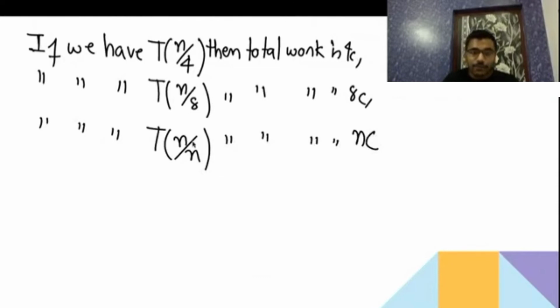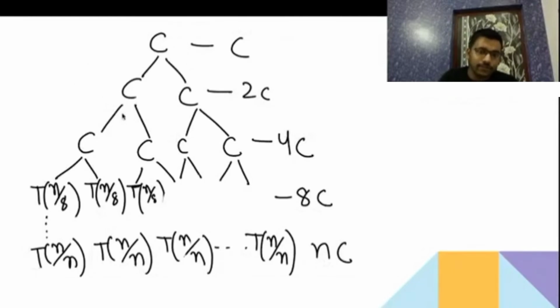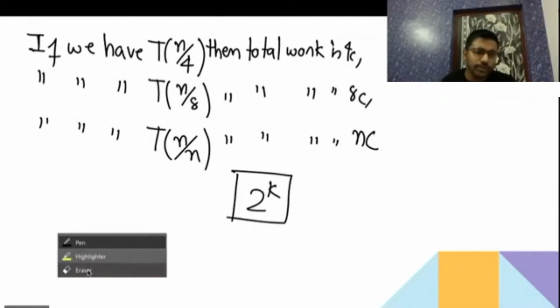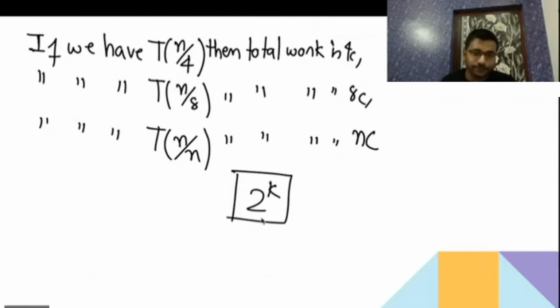Now one thing you should keep in mind here, it is growing like 2 to the power. See, here it was growing 2 to the power 1, then 2 to the power 2, then 2 to the power 3. So n will definitely be some term like 2 to the power k. Okay, that you should keep in mind. So it is growing as a divide by 2, so n should be some number like 2 to the power k. Okay, k should be a number greater than or equal to 0, so that we require later.